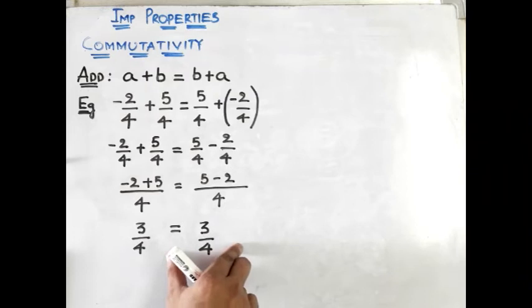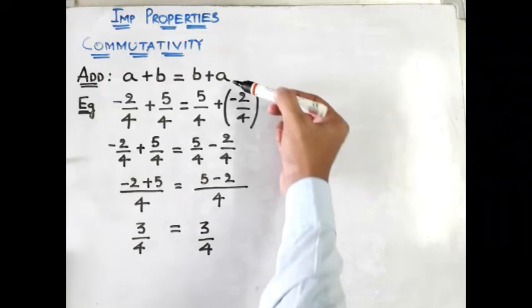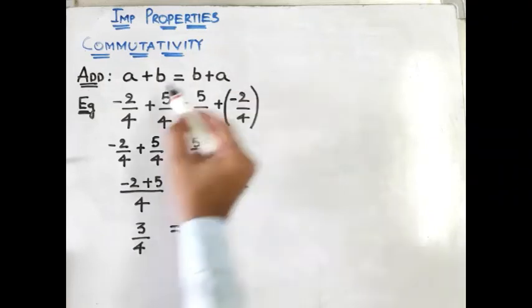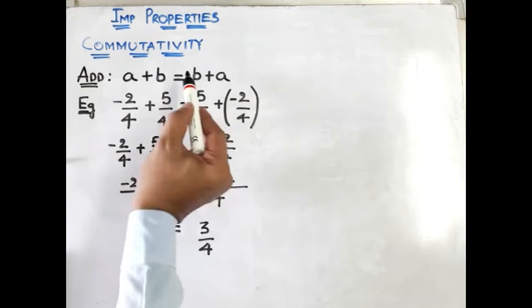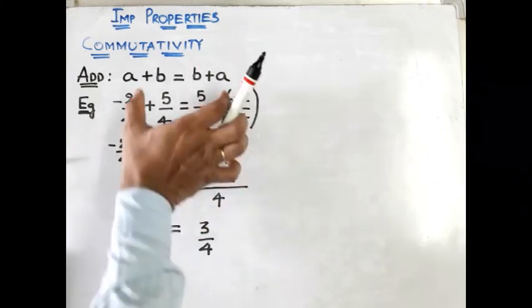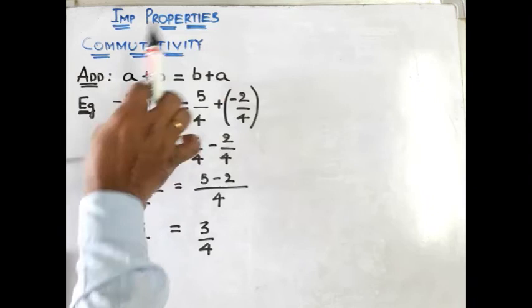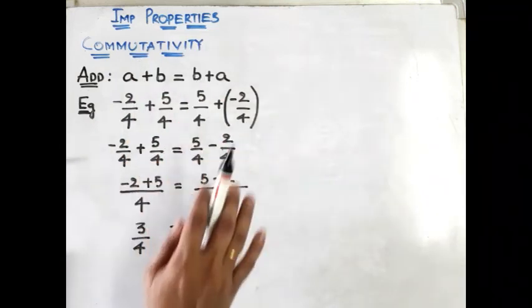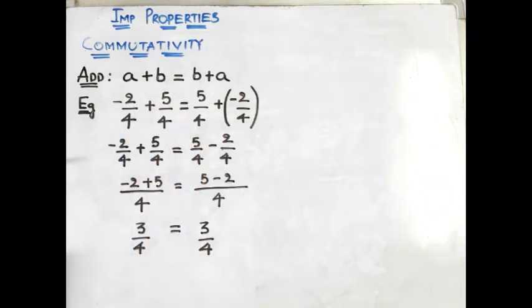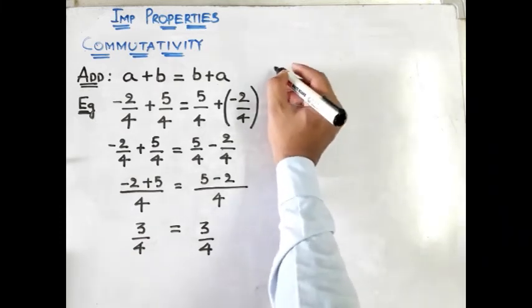What is the use of this commutative property is that sometimes during the calculation of any problem, we may need to interchange a plus b as b plus a. So for that reason, this property says that if you write a plus b as b plus a, there will not be any problem for the solution. Hope you are clear. I will explain how this is going to help by solving one of the examples in the exercise. Now, let us check commutative property under multiplication also.